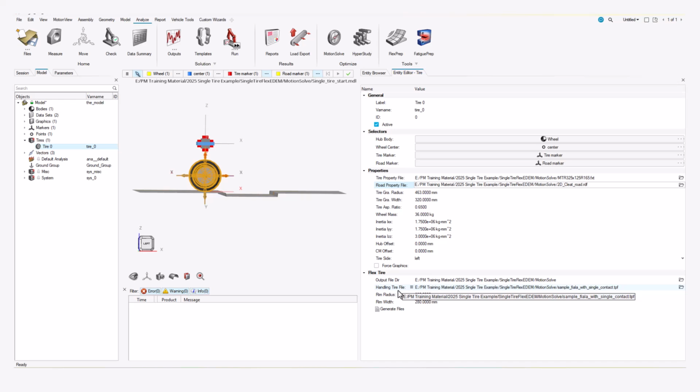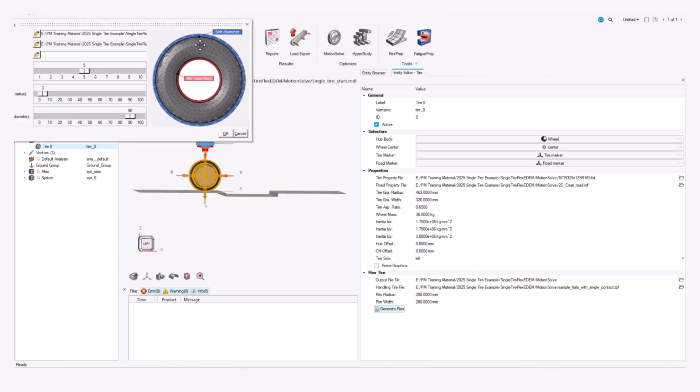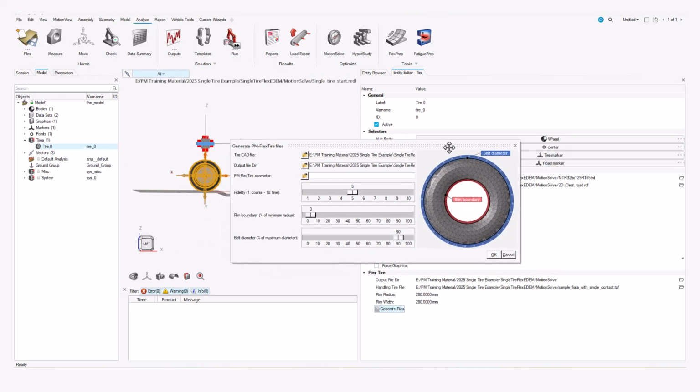The handling tire file, the sample file with single contact, is already pointing to the file that's in the output directory, so we don't need to update that. I'm going to click on generate files, and here we've got this added pop-up window, and we will make sure that we're pointing to the step file in the